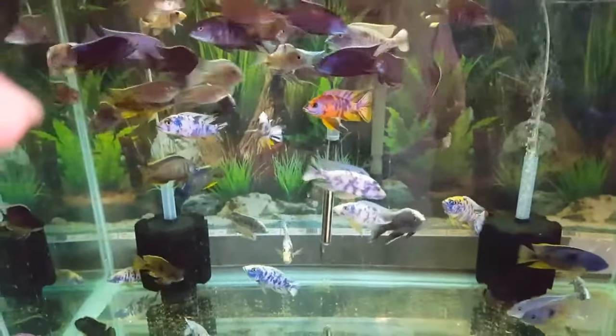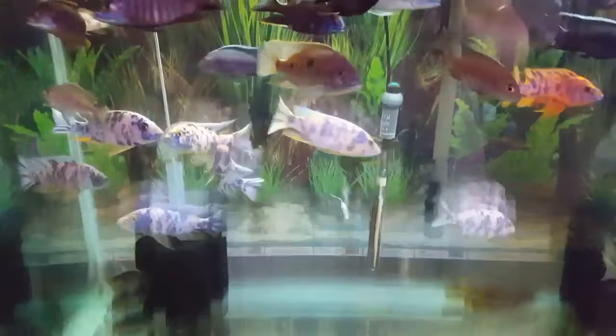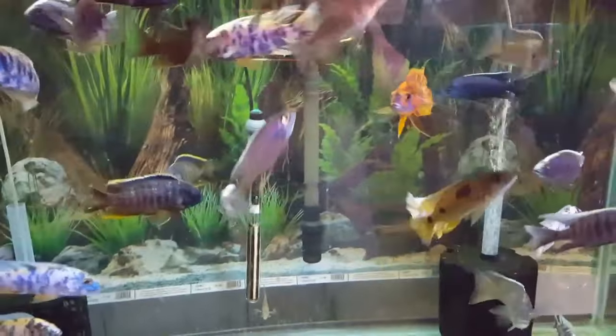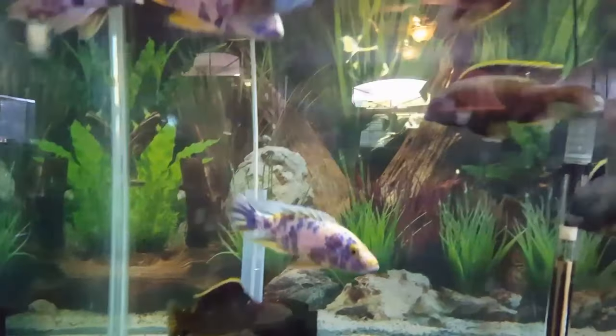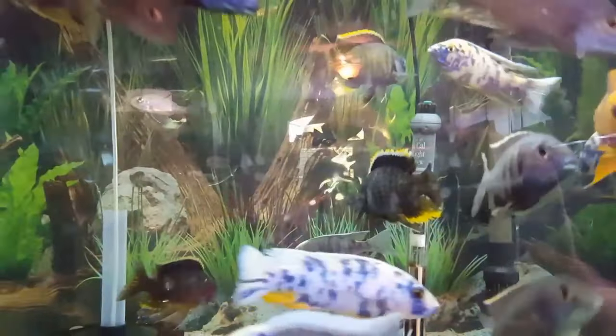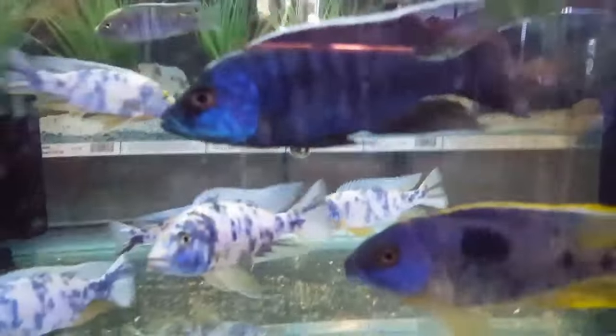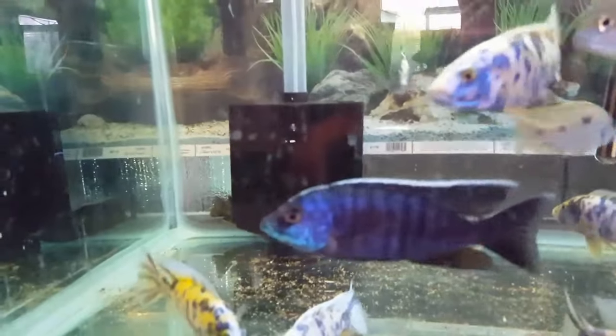Okay, in this tank, that is Skittles Jr., so please do not get any ideas. He's staying here. But in this tank, we have 5-inch OBs, looking very, very nice. And also the Mapumbo Big Spot Haps. These guys are also looking very, very nice, as well as,